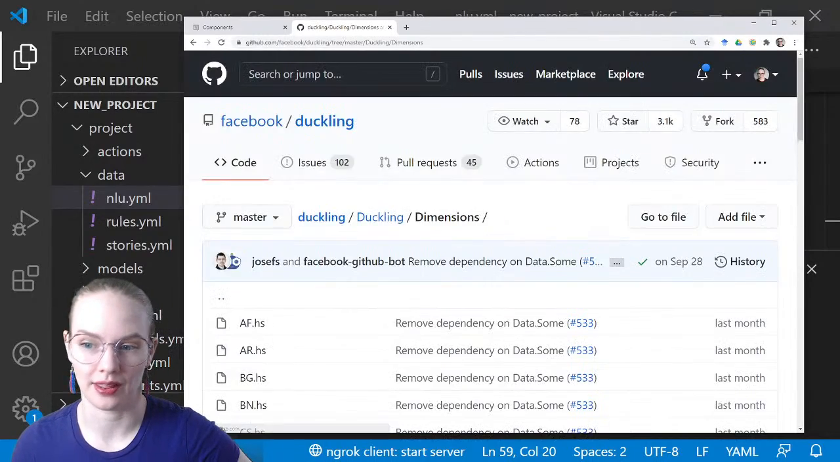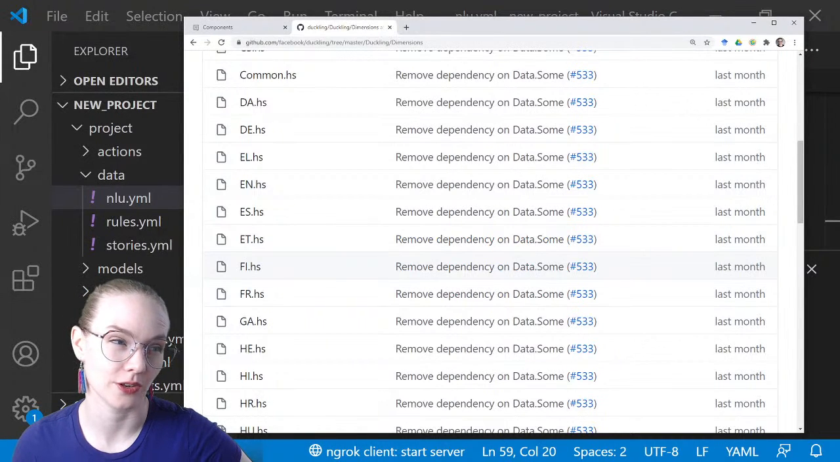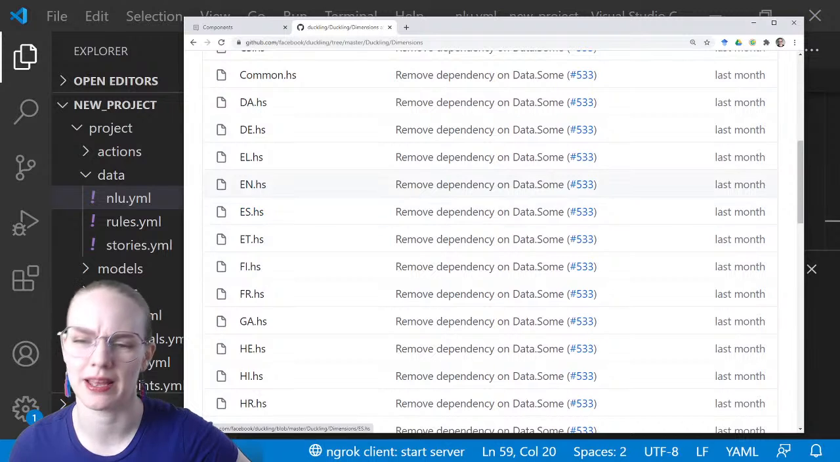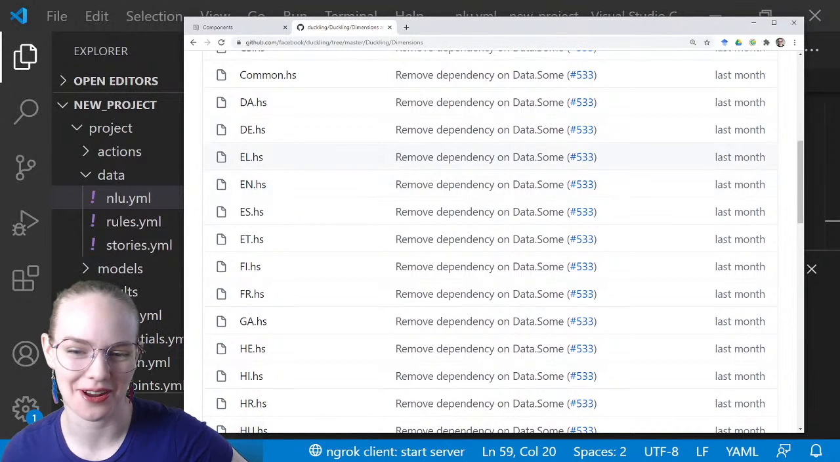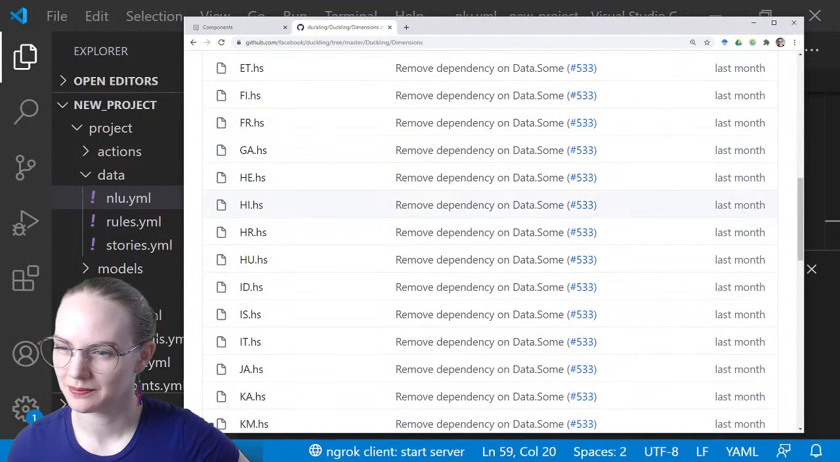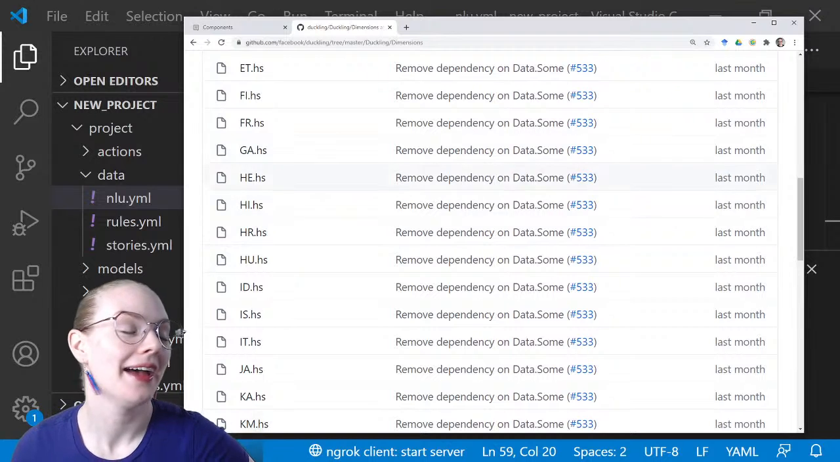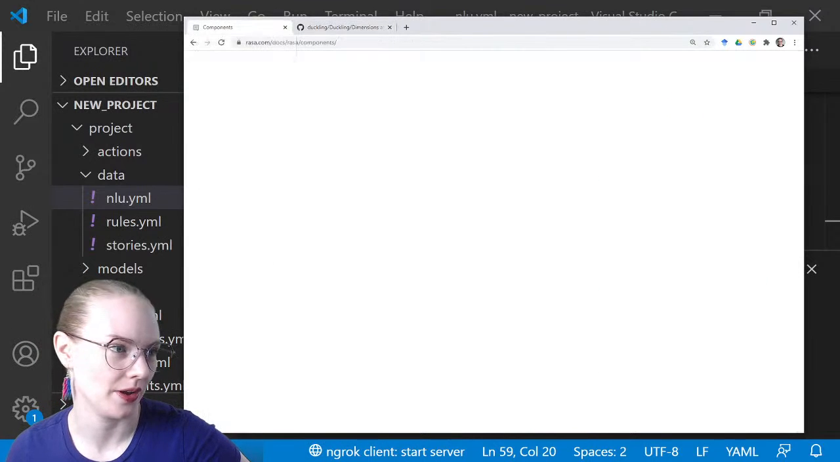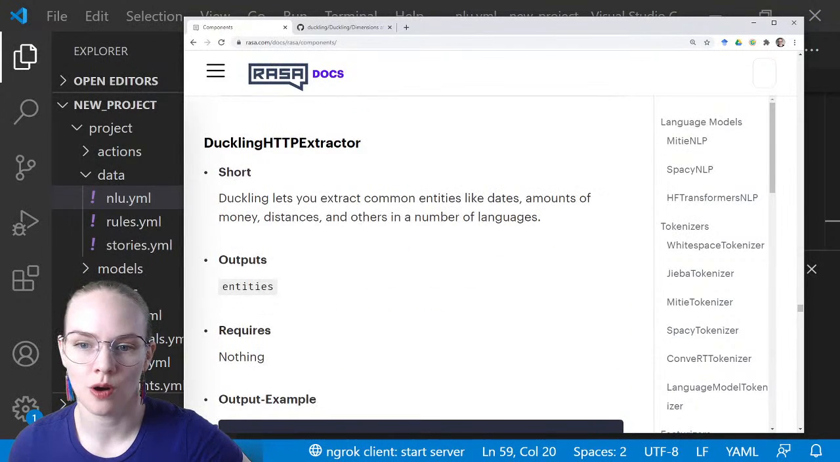Duckling does support other languages. And oh, this is a list of ISO codes or ISO abbreviations. Like this one's Spanish, this one's English, this one's German, this one's French, Hungarian maybe? Guessing that's Hindi, I could be wrong. Anyway, so more languages are supported, and you can dig into that a little bit more, but we are going to add it to our current